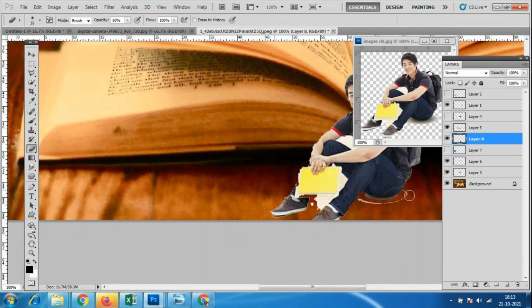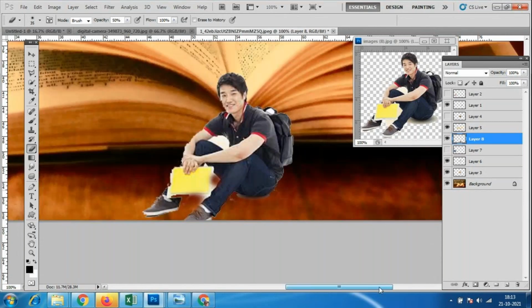See, all these small things we have to make, so we have to zoom in and erase properly. In between also there will be some gaps, so those things we also have to erase. Otherwise, in the starting image we have taken, there itself we can erase it properly and bring it here.